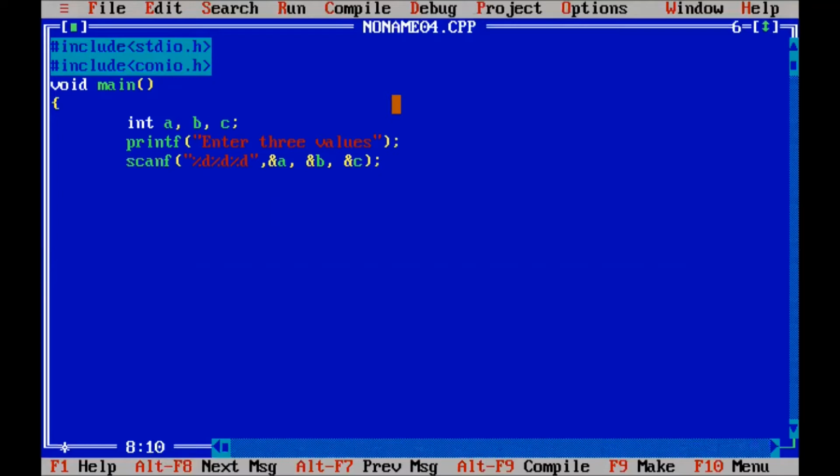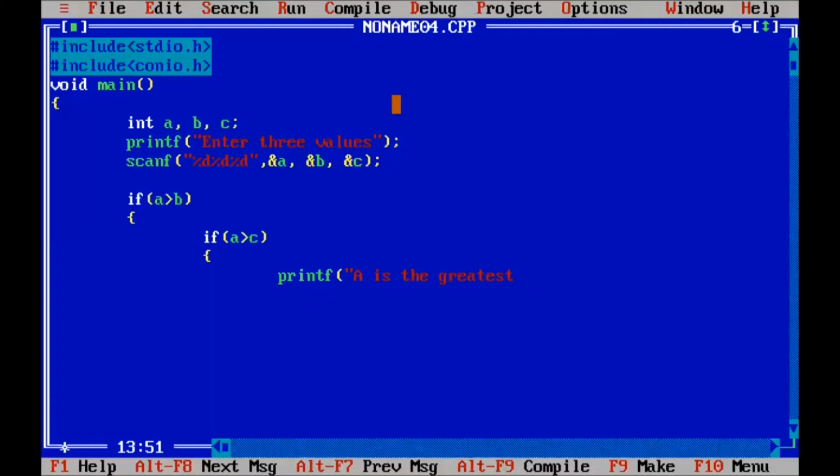So here we check if a greater than b. If a greater than c, printf a is the greatest number.